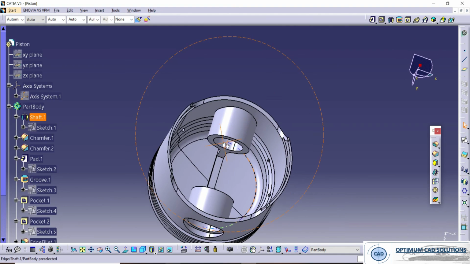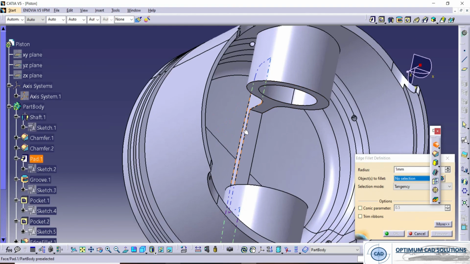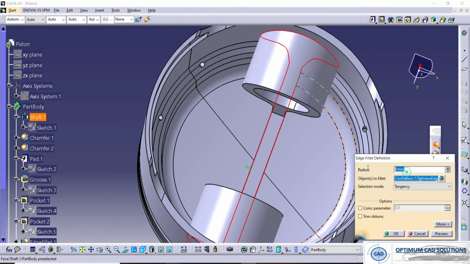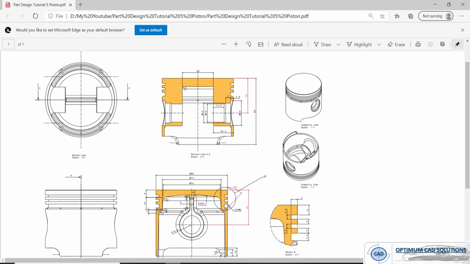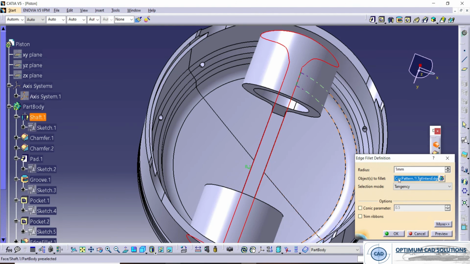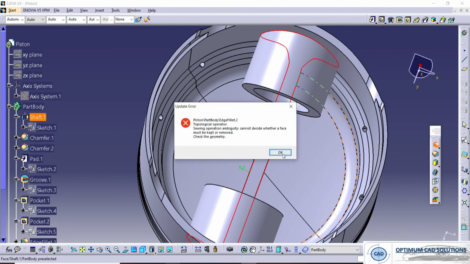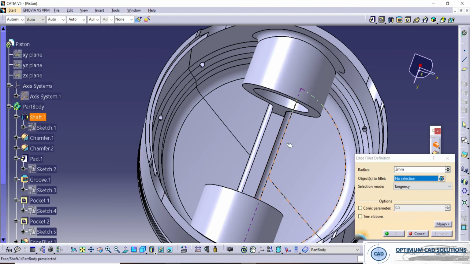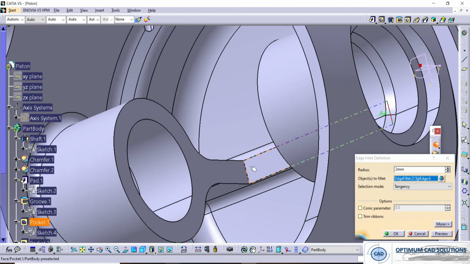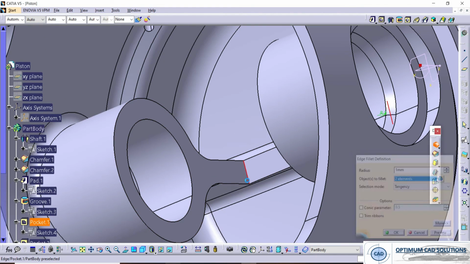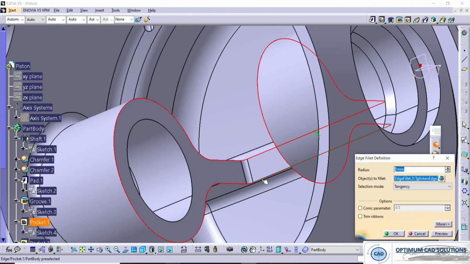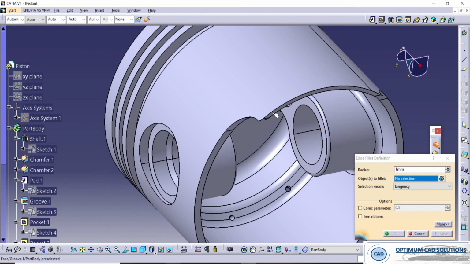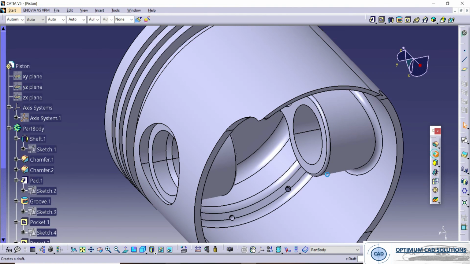So just we have to give some radiuses here. So this is of a 3 mm. So it had taken a 2 mm. So at the corner there is also a radius of 1 mm. We'll give the radius here 1 mm. So now some entry chamfers.